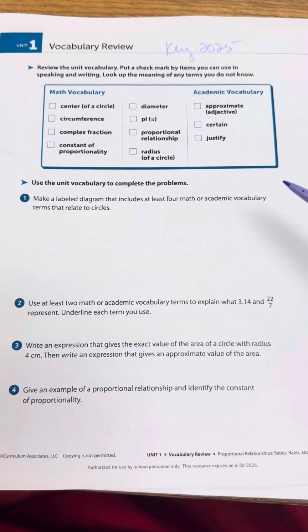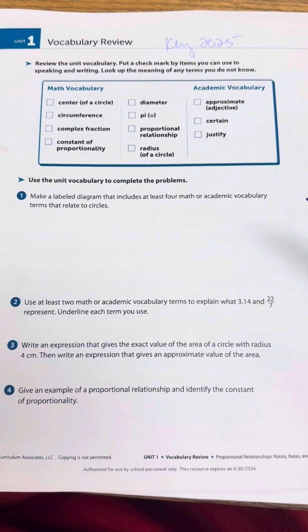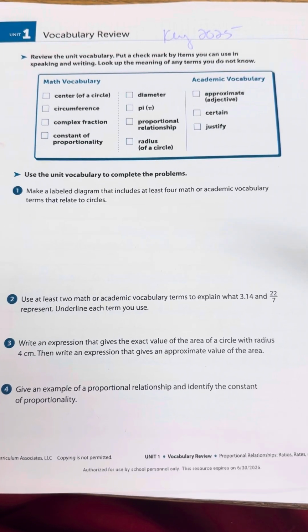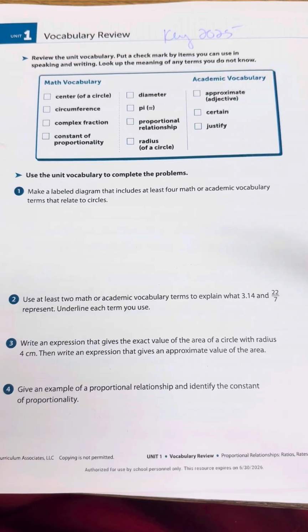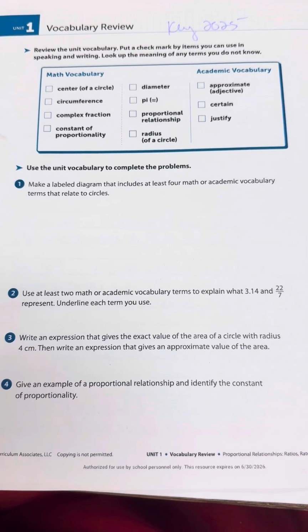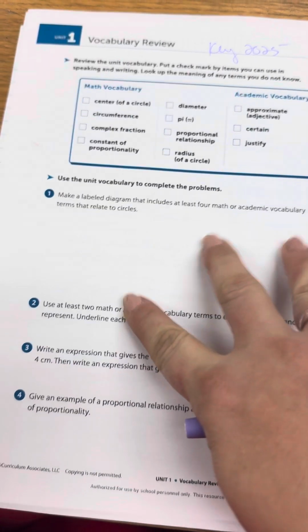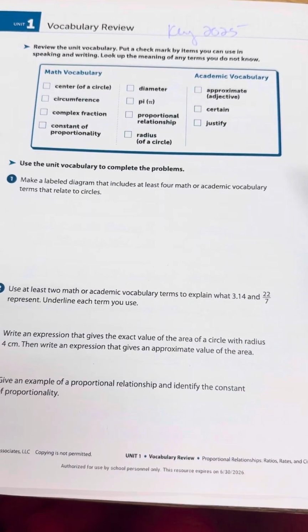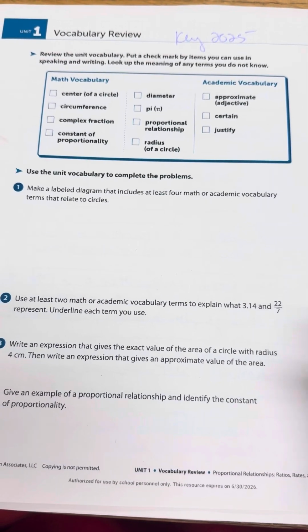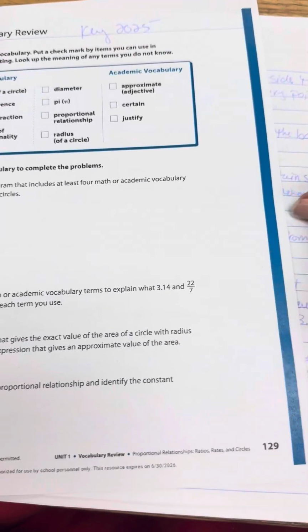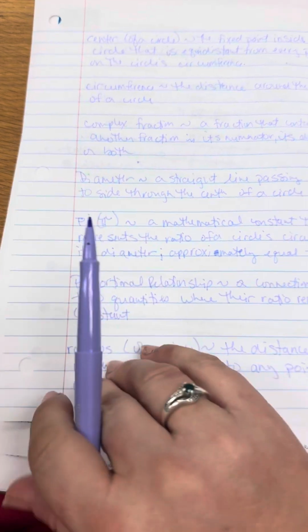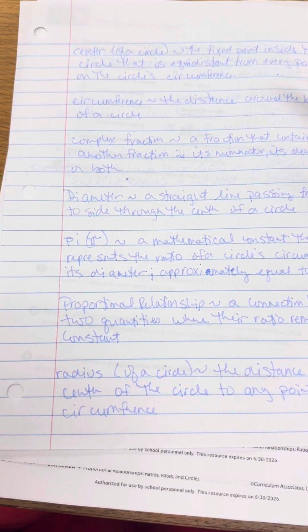So the first page was the self-assessment that was supposed to be basically a reflection of how you feel that you're doing, how well you understand the concepts, and so forth. The next page then is this vocabulary review. So this top box has math vocabulary and academic vocabulary. So what I've done is I went through and I wrote down all of the definitions for each of those